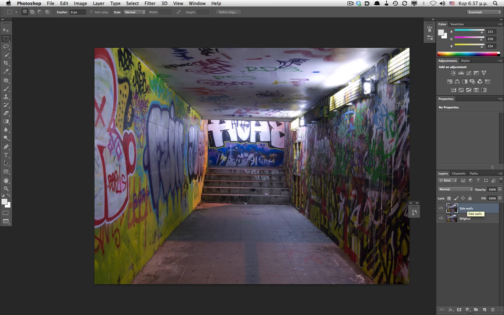To create that information, we can use a lot of different tools from Photoshop's toolbox, but the easiest would be the patch tool. Just select the area you want to get rid of, and then drag your mouse to a clean area of the picture. And that's it. Now do the same with the rest of the lights.